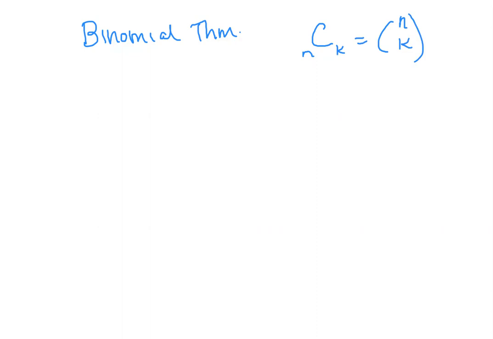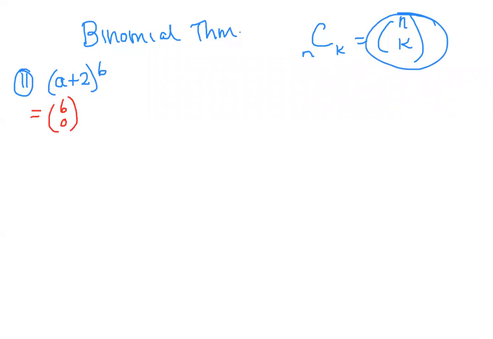All right, so it says here, use the binomial theorem to expand each binomial. I am not going to do every single one of these, I don't think. It's exactly like what we did in the beginning, except instead of using the coefficients from Pascal's triangle, we're going to use this. So we're going to say this equals